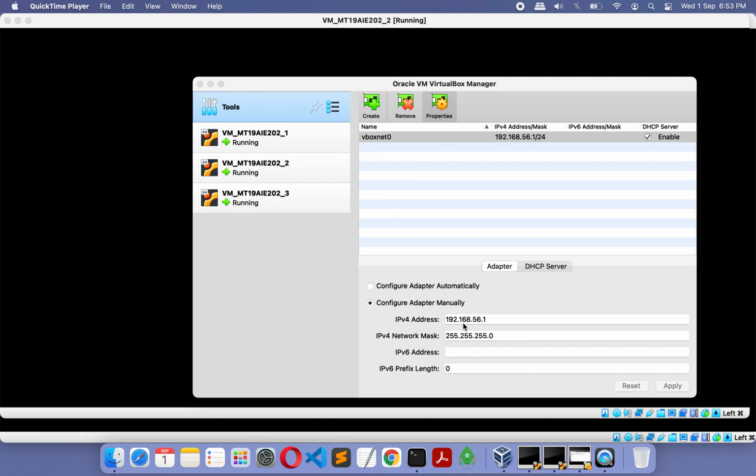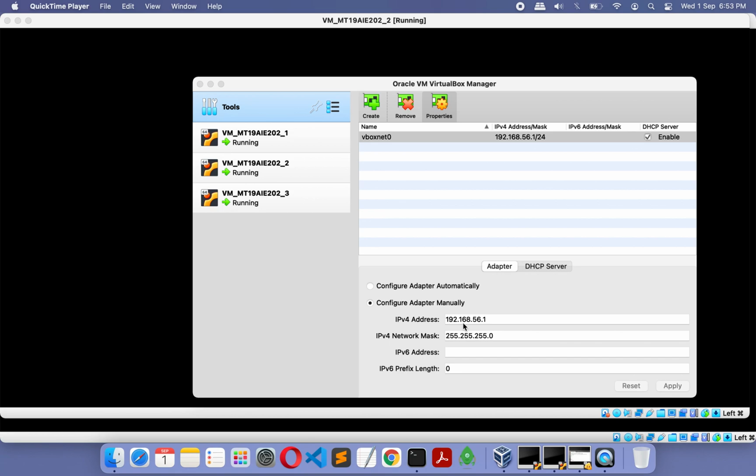Today, we'll see the network settings that VirtualBox provides based on our needs. They are: not attached, NAT, NAT network, bridged adapter, internal network, host-only adapter, and generic drivers. Each VirtualBox VM can use up to 8 virtual network adapters, out of which 4 can be configured using the UI. That is, 4 are provided in the interface, the tool that we'll see, and you can configure those 4. Others can be configured using the command line tool.